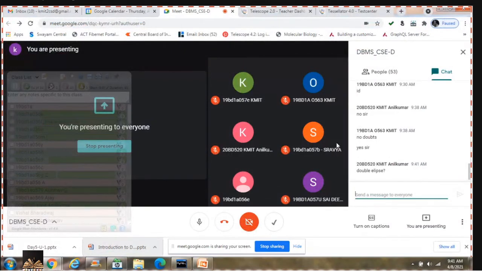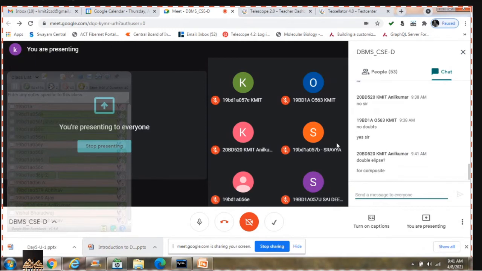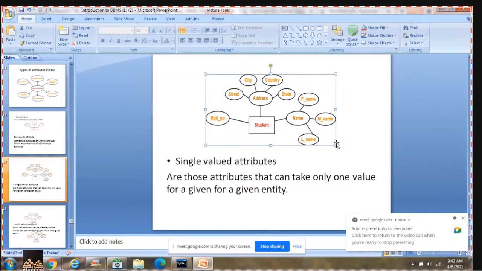No, not for composite attribute. Try to understand the question.